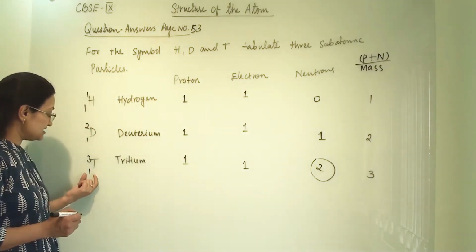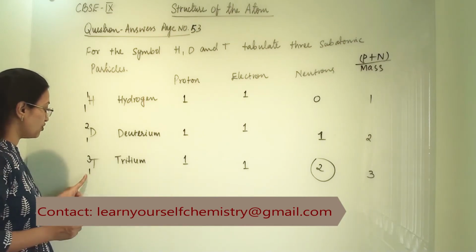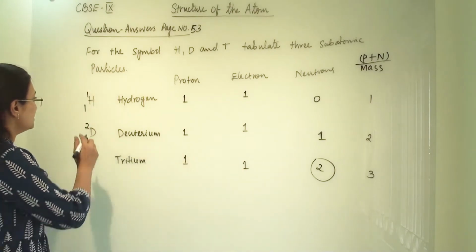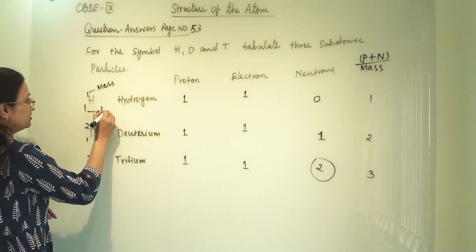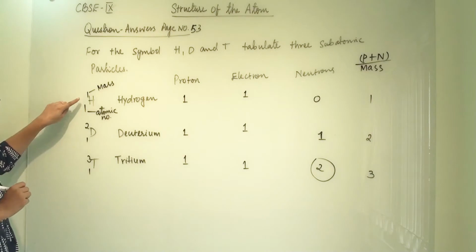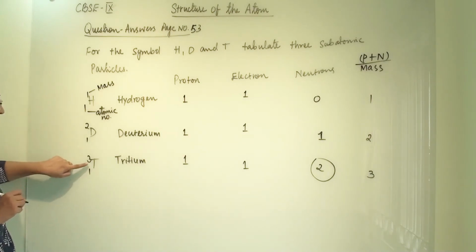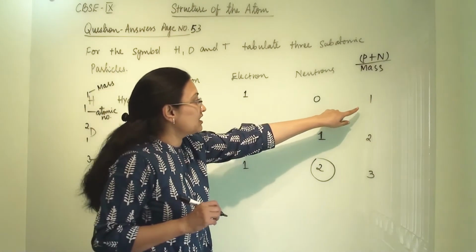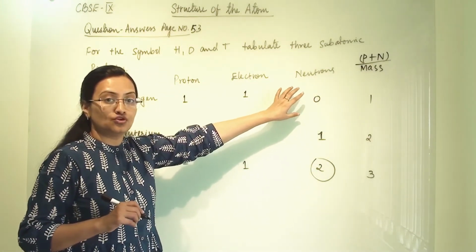So here this is atomic number and this is mass number. So 1 atomic number for 1 proton and 3 will be there for mass number. So here this is the mass of an atom and this is atomic number. This is also for proton count. So that is how you can remember 1H1, 1D2 and 1T3. So from this you can write, and wherever the count is not matching you can put 0 because hydrogen has no neutron in this.